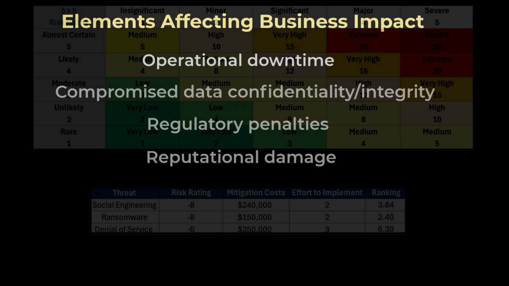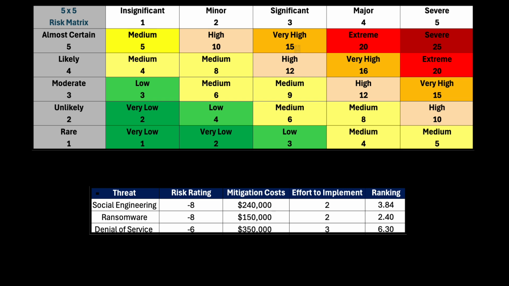To keep the process structured, many organizations use a risk matrix or scoring system. A simple approach is qualitative, using labels like low, medium, or high for both likelihood and impact. More sophisticated or data-rich environments may opt for quantitative scales, for example, a 1 to 5 or 1 to 10 rating, to enable finer distinctions between risk levels. Whichever method is chosen, the objective is the same: to capture how probable each threat is and how much damage